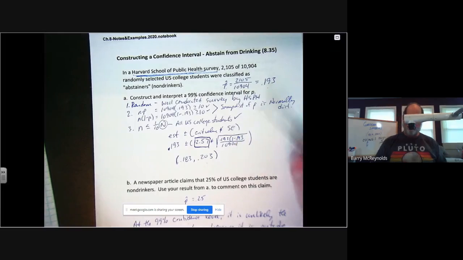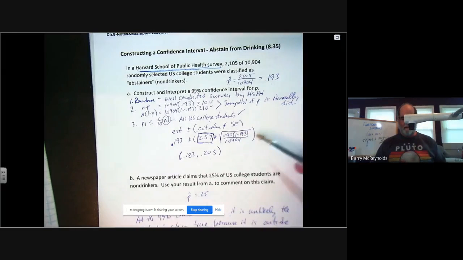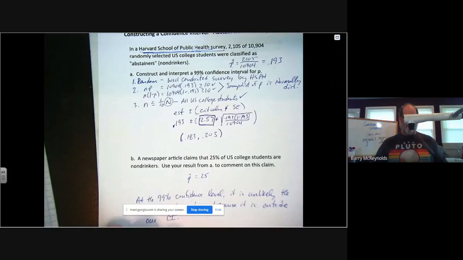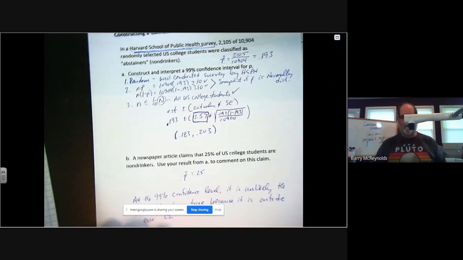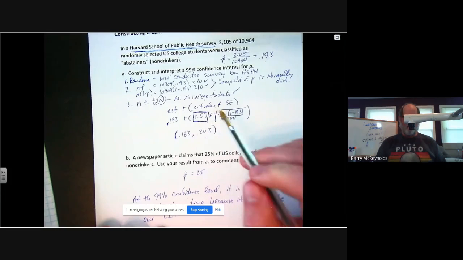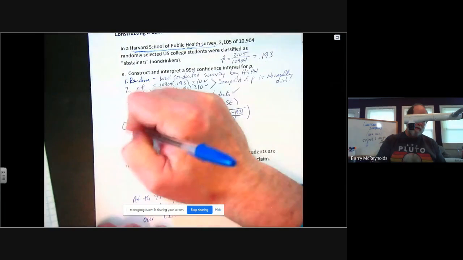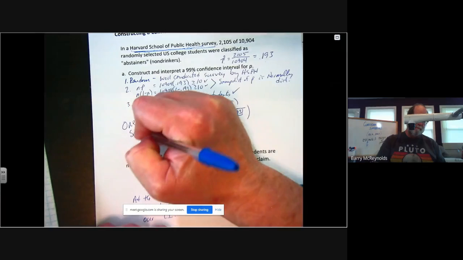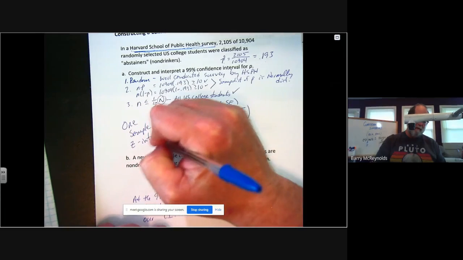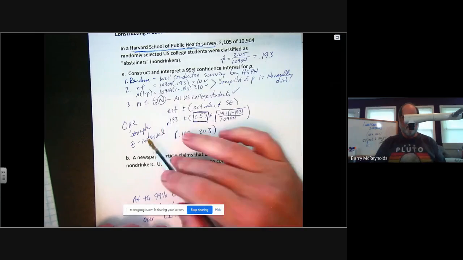So we use this form of the equation, and then we simply do the arithmetic here to create the interval. Pretty straightforward. I think the hardest thing that you'll have to get used to is figuring out where this value comes from. And remember, this is a one sample Z interval